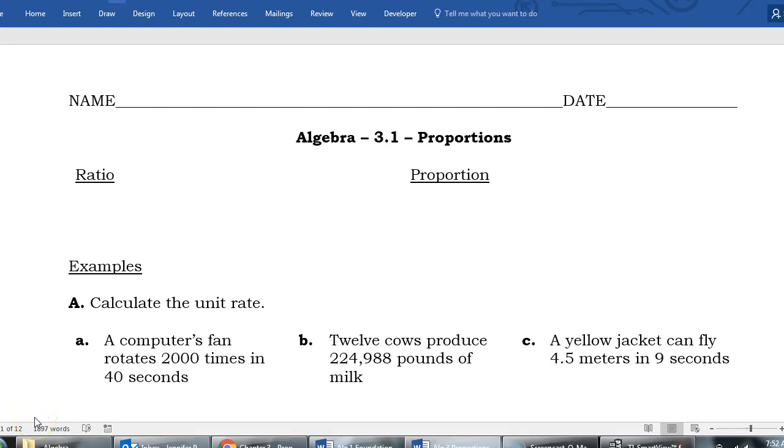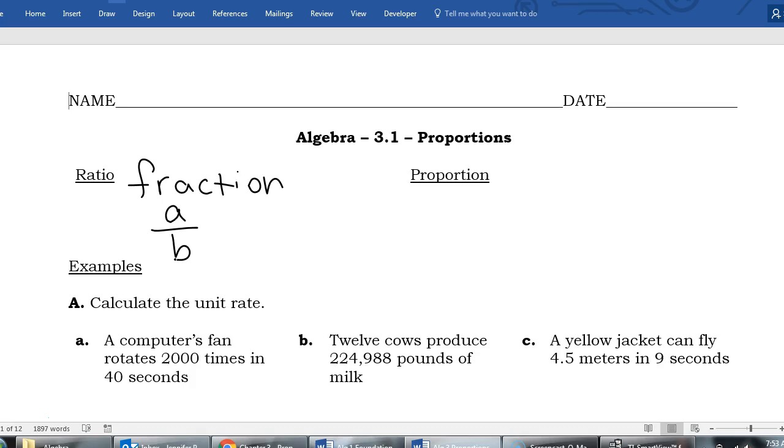This is Algebra Lesson 3.1, Proportions. So a ratio is just a fancy word for fraction. We have a number on top that we call the numerator, a number on bottom that we call the denominator, and they show us the ratio or the quantity of how much we have of one item compared to another